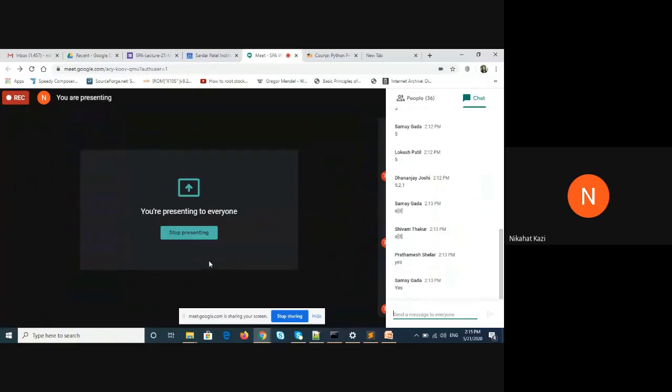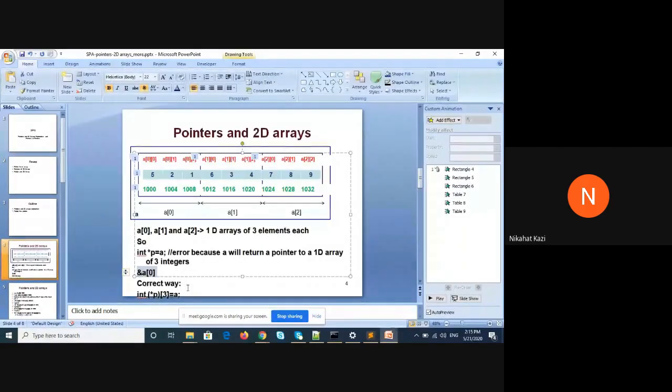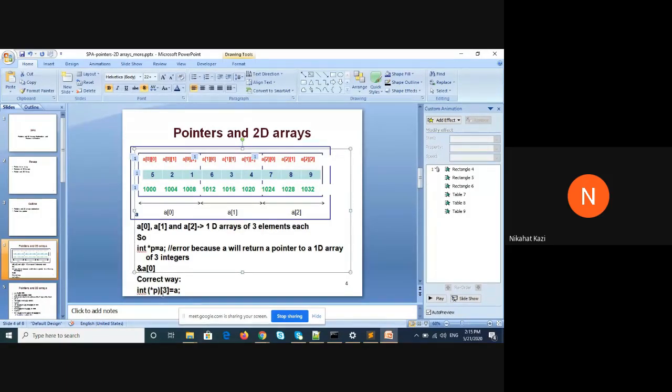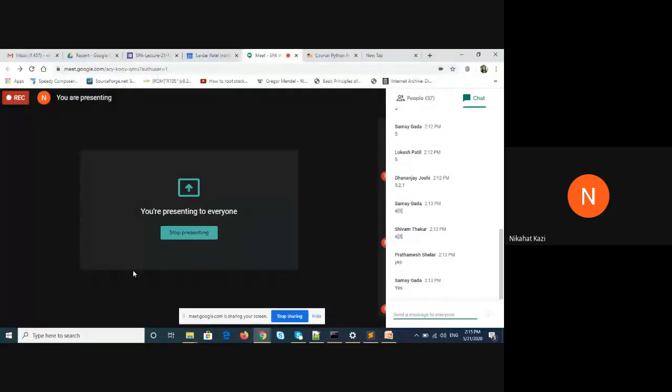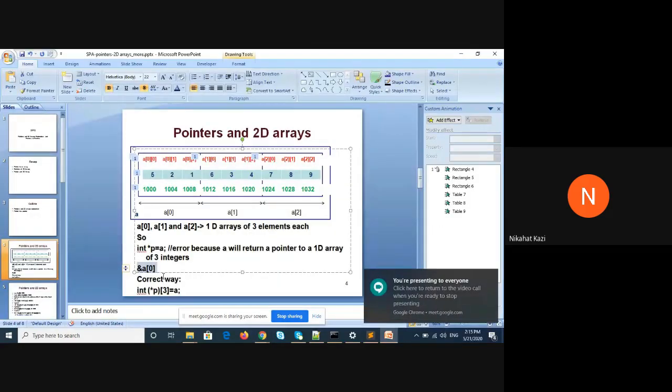Okay. So for it to hold the entire array's address, the type has to be this. Can you see this? The type has to be int star of p of 3. Right? Because you need a pointer to an array to point to a 1D array, because this is nothing but a 1D array's address. Agree with me? Do you agree with me? This expression, address of A of 0, is a 1D array's address.